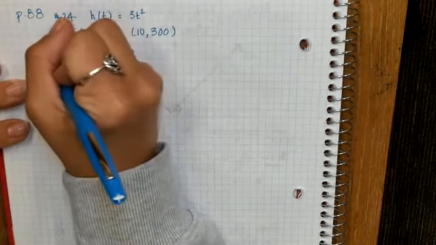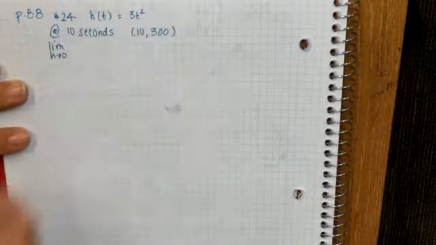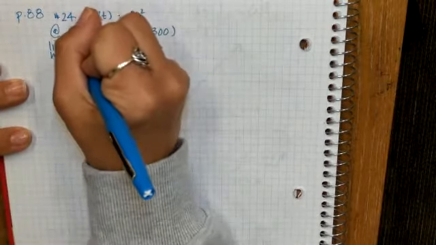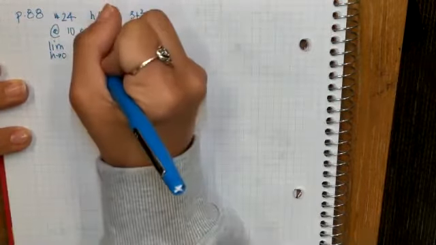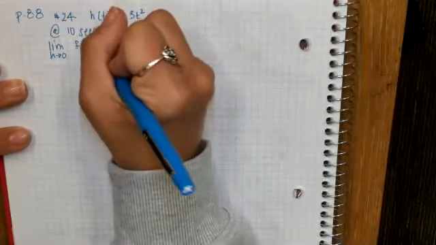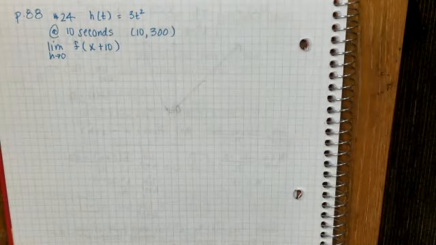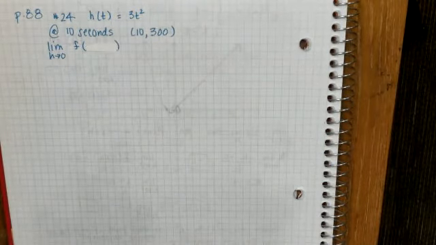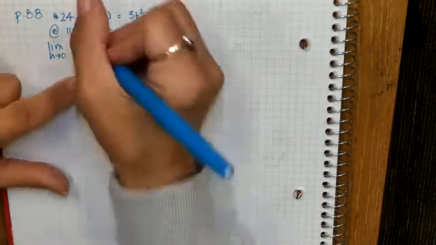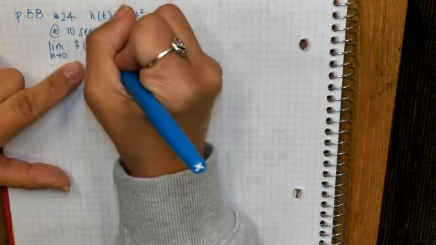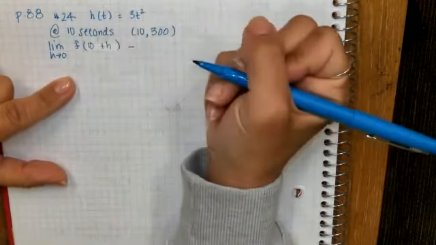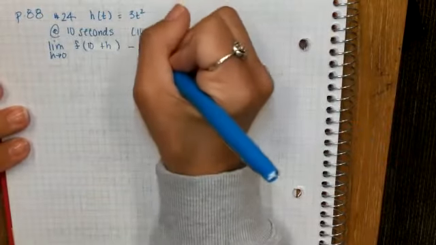So the limit as h approaches 0 of the f of x plus h, which in this case is 10. That is not correct. x is 10. So instead of x plus h, it should be 10 plus h, minus the f of x, we already know is 300,